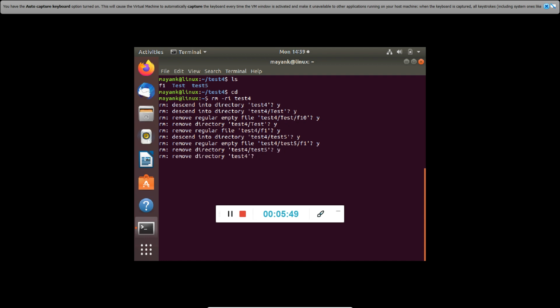I say yes. Then the last directory which is remaining is test4. So when I say yes for it, the directory will be removed. So what happens with an interactive mode, it is prompting at every situation. It is asking whether you want to remove this file, whether you want to remove this directory, whether you want to enter into the directory, whether you want to remove the file within the directory. So things become very simple and very safe for us when we use